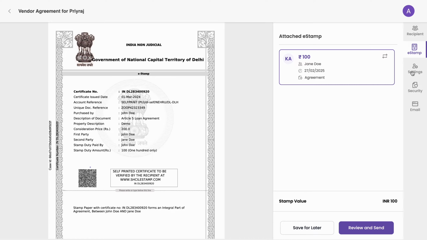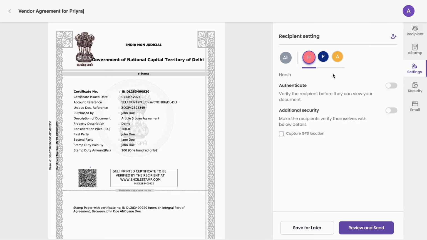Now let's explore some settings. So I'll click on settings. Here I have recipient level settings, right? So for any recipient, if I want to enable the authenticate option, I can do that. What this will enable me is to make sure that whoever is viewing my document authenticates themselves via OTP verification before they can view it. I can do this for any number of signers or approvers, or I can do it for all of them at once. I can also enable additional security settings, such as I can capture their exact GPS location,